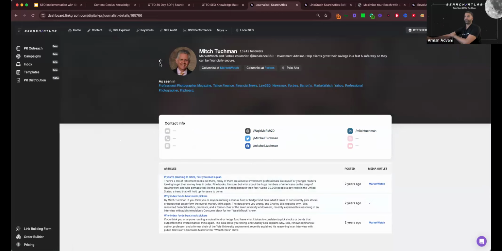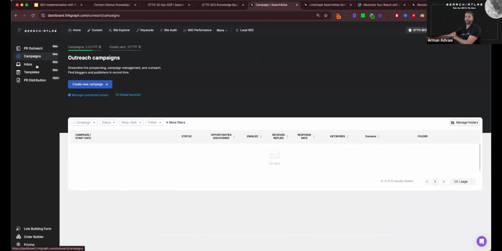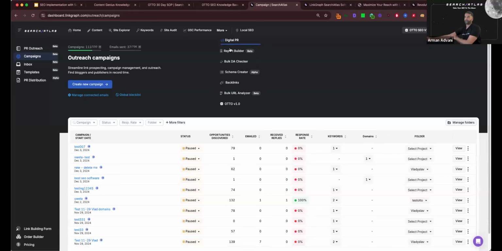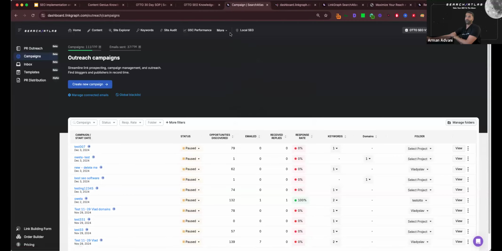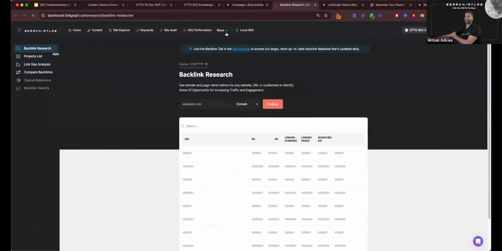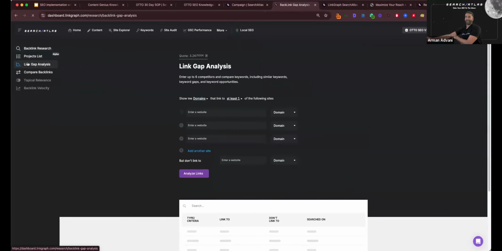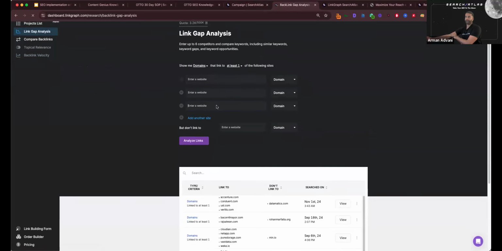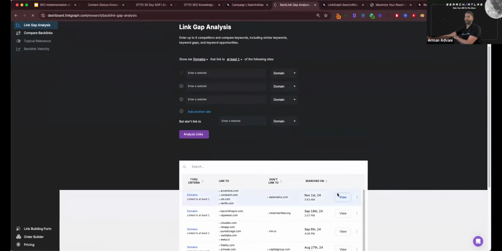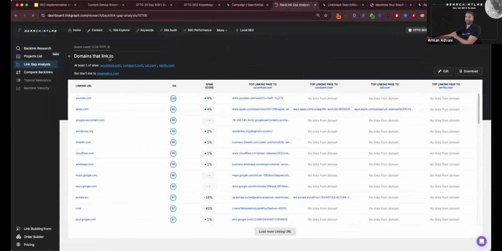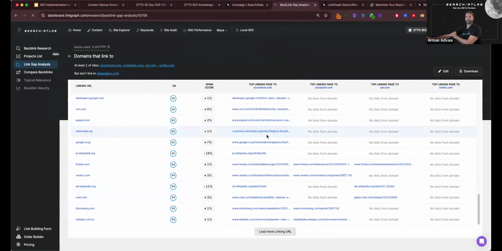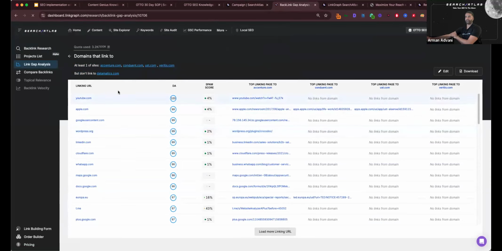So that's option 1. Option 2 is to use these PR automation campaigns. There's a few workflows here, and I'll just cover this really quickly. A really cool way to use this tool is to go to your backlink tool, go to the link gap analysis tool, plug in your competitors, and plug in the site that you're working on. You'll land on a list that looks like this. This is going to show you a list of domains that are linking to one or more of your self-identified competitors, but are not linking to the site that you're working on. So this is giving you an extensive list of potential domains to prospect. We're showing you the DAs, the root domain, the spam score, and then the link that the competitor has from